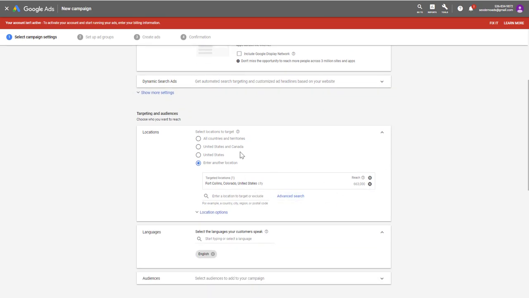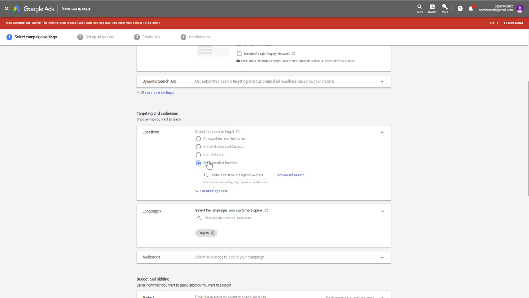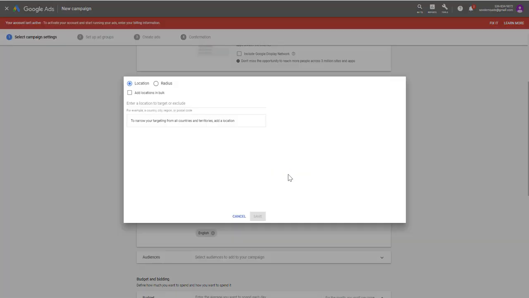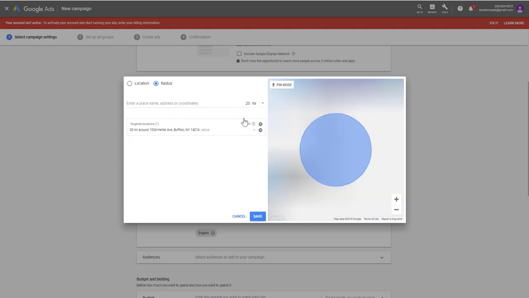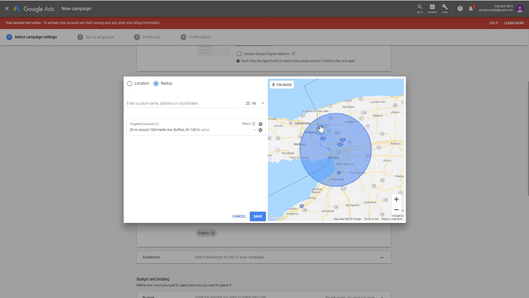What I am going to do is set this up for Buffalo, New York, and this has Fort Collins from my example before. So I'm going to come over here. I'm going to do an advanced search, and I'm going to do radius targeting around the address of the salon. So I have the address pulled up into here. I am going to set a radius on this. This is about how far I think people are willing to drive for the service. This is a high-end service, so I think people would actually probably drive a little bit further than they would for a haircut. So we'll go 20 miles,